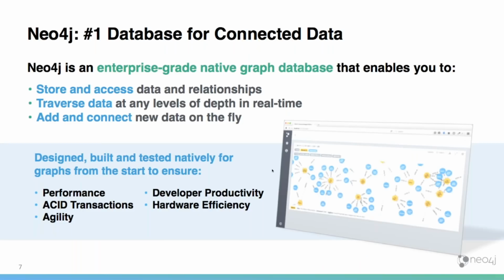And that's what Neo4j really does, right? We are the #1 database for connected data, an enterprise-grade graph database, and we say we're a native graph database, which means we are built explicitly for working with graphs, for working with connected data. And everything about our database from the ground up is really engineered to work with those relationships in that highly